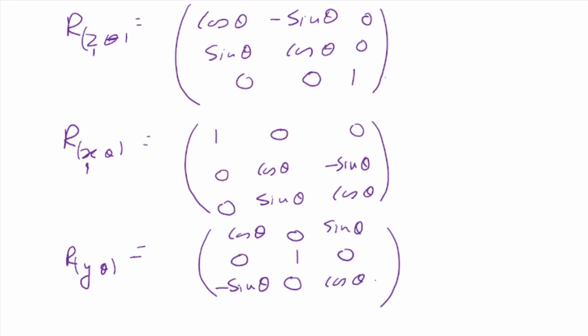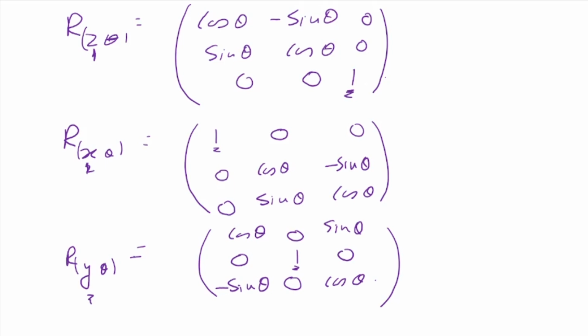So there are these 4 terms, cos and sin, which are moving around. If you're rotating about z, then z becomes 1. If you're rotating about x, x becomes 1. If you're rotating about y, y becomes 1. Okay. So this is very simple to understand, and this is called the rotation matrix. The rotation matrix depends on which axis you're rotating about. Okay. So this is the rotation matrix.